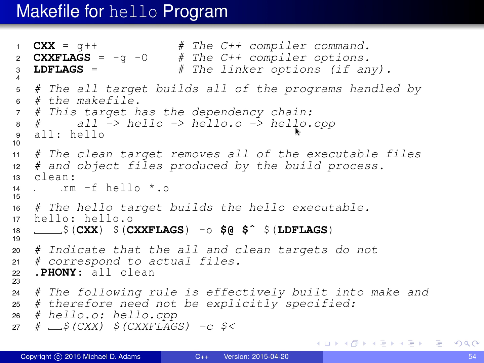So for example, when it goes to generate the target hello.o, it will first check to see if the file hello.o exists. If the file hello.o doesn't exist, then we have to compile hello.cpp to produce hello.o, because if hello.o doesn't exist, we obviously need to produce it. However, if hello.o does exist, rather than just blindly compiling hello.cpp to reproduce the file hello.o, what